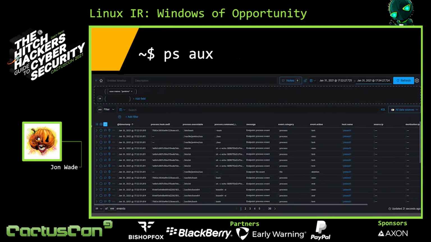If we transition over into Elastic's timeline view here, and we search for any activity performed by the Jenkins user, let's narrow it down. Let's start with Jenkins for now. You can pretty quickly see that, even just for the 12-minute period that this thing was running, we generated a ton of events.